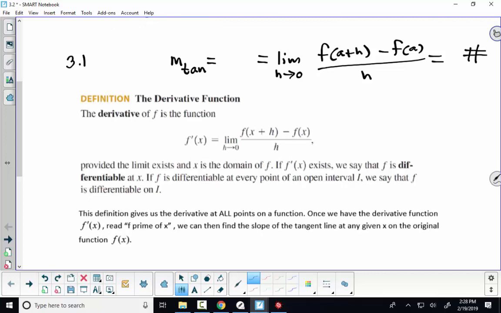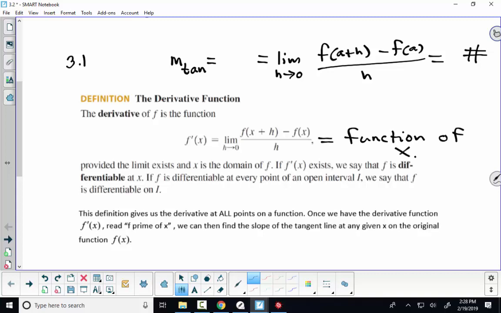What this new function is, when we replace a with x — remember, a is a fixed x value, like 2 or negative 5 or 0. And here we'll just let it be x. So it's still this thing that's varying along the axis. That gives us a function of x. So this is f prime of x. This is a function